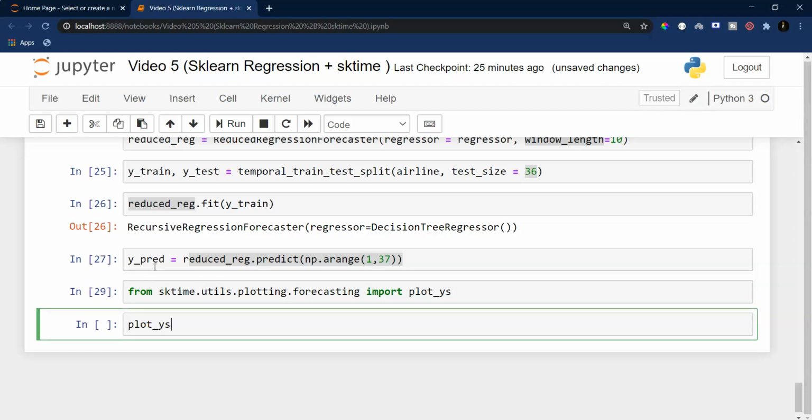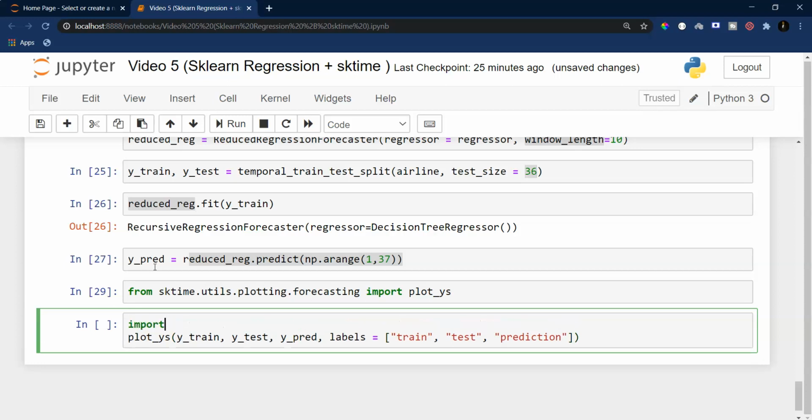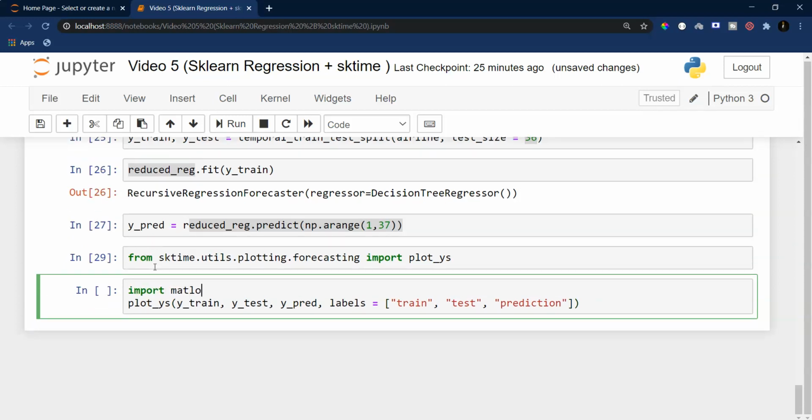Now in plot_ys I can specify y train, y test, y prediction, and in labels I'll specify the labels in the order that I passed these time series in. So I'll specify the train, the test, and the prediction. Once I hit enter, I think I did not import matplotlib, because this library is built on top of matplotlib.